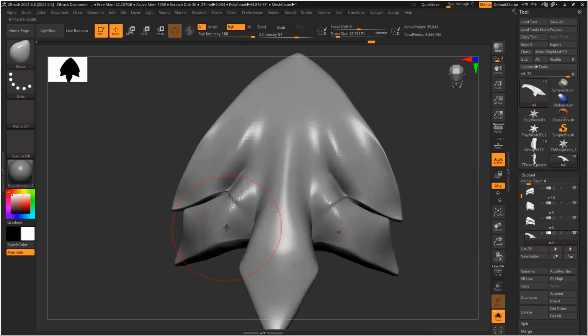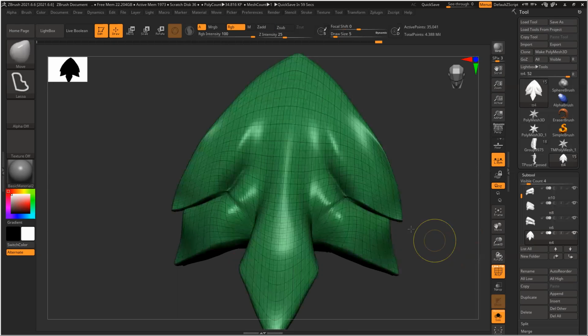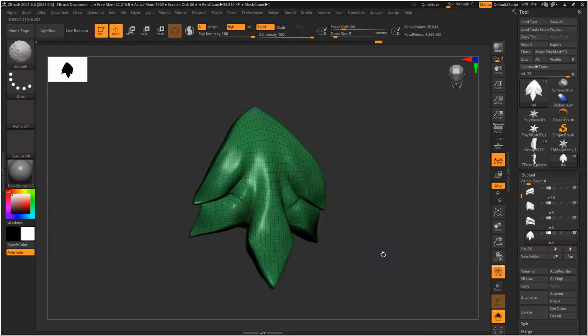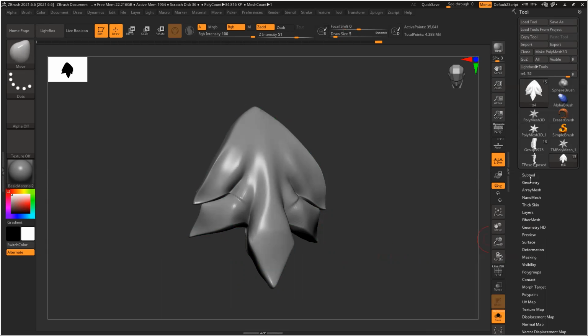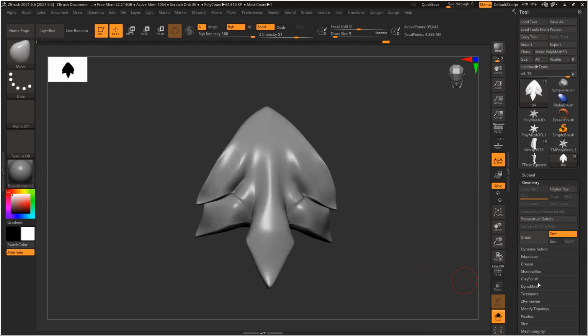So I can still see that whatever I'm doing, there are some distortions and I am not able to fix it. So to fix that, you can see the topology is all stretched because this was a base for my model. I'll simply use ZRemesher or Dynamesh, any one of them. Both will work on this.